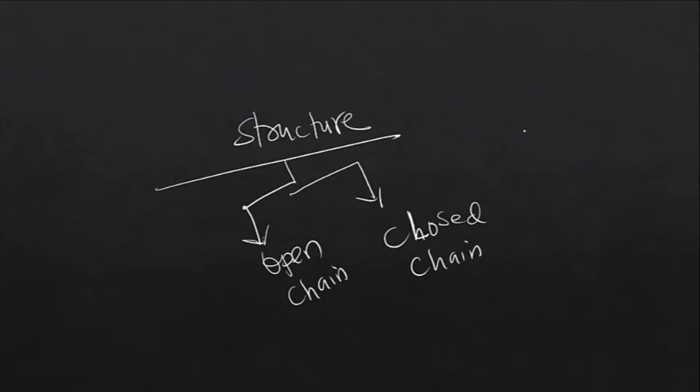If I write something like this: carbon, another carbon, another carbon. This is a bond linking this carbon to another carbon. Okay? Now I have hydrogen here, hydrogen here, hydrogen here, and so on. Remember that for any organic structure to be correct, each carbon atom must be surrounded by a total of